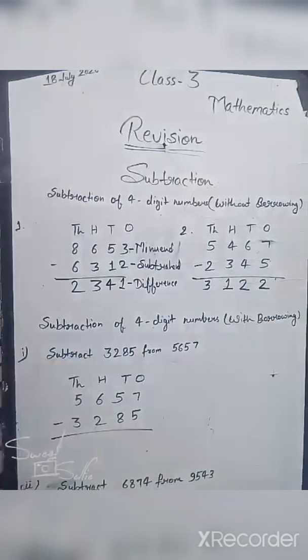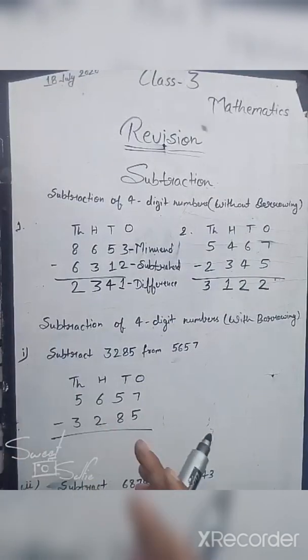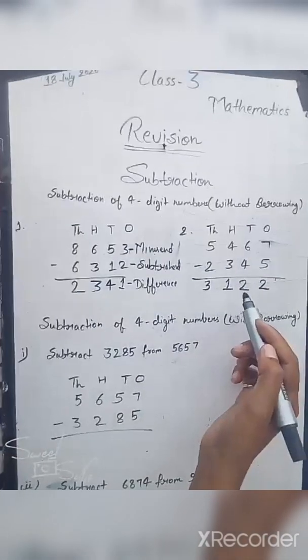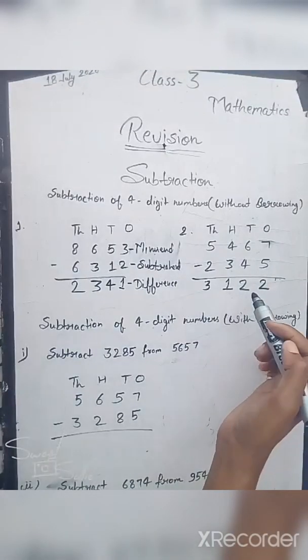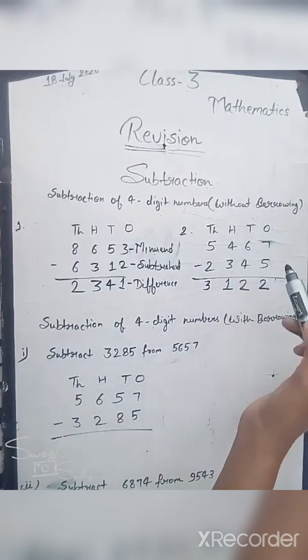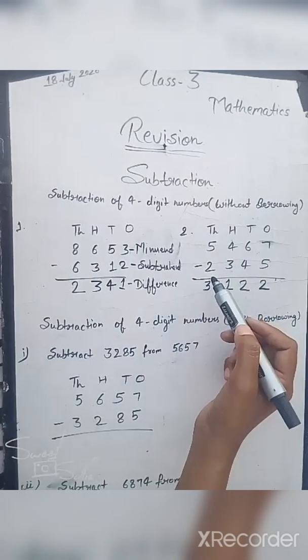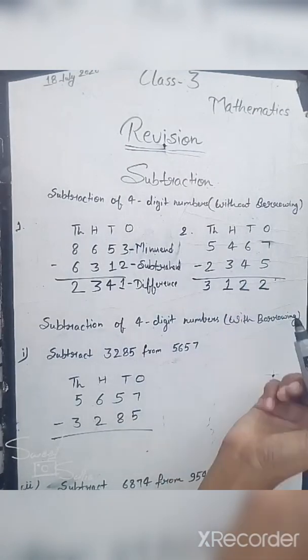So we get 3122. This is the difference between 5467 and 2345. Okay,